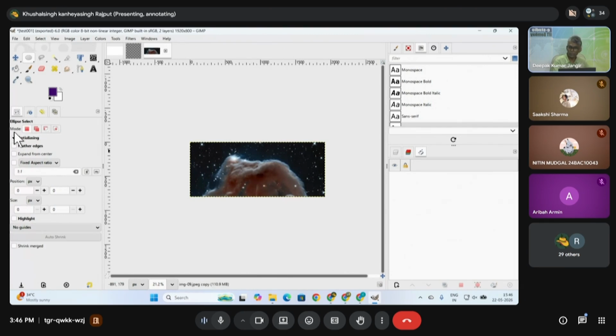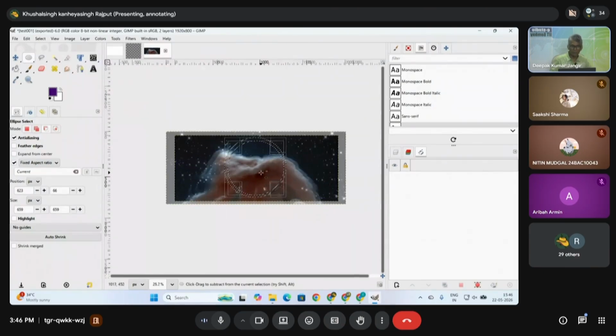So check the options also. Before drawing anything, you check the options. You have to click on fixed aspect ratio, that is 1:1. That means a circle will be created. Suppose 1% is height, 1% is width, so that means a circle. Keep anti-aliasing, and now I will draw one circle here. You have to move these corners to change the selection. Now you see this is one circle,